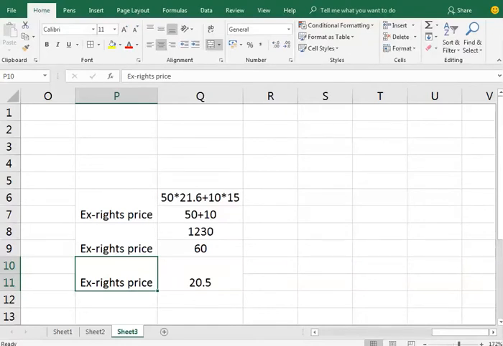This is not going to be different whether you do a rights issue or whether you go for a public issue. What will undergo a change is the denominator. Numerator will remain same at 1230. Any doubts on 1230? See, the point is, though I have called it 50 into 21.6 plus 10 into 15,